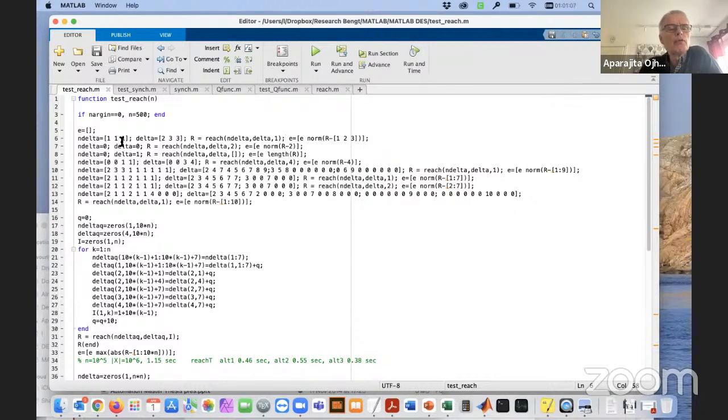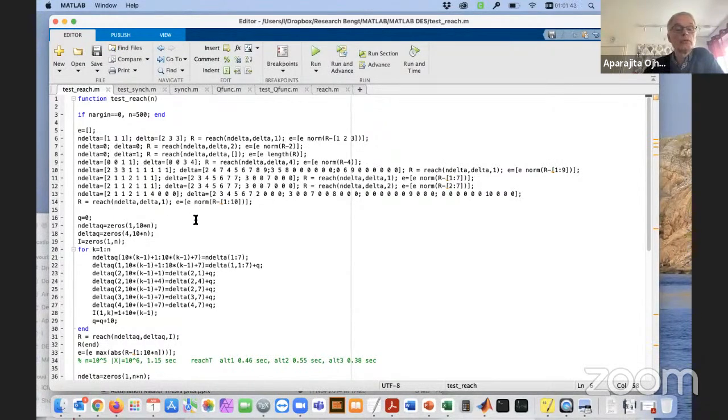Because here you have also the events involved here. But it's not totally obvious based on what we see here. So you see that the reach function has the delta as input, and then I just check the reachable states, okay, in this case it should be from 1 to 10,